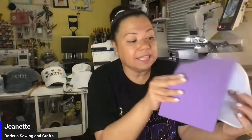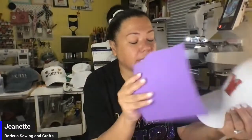In 3D puff embroidery, the way that it is designed is the length of the thread. What they do is the stitch has enough room so that when you lay this down and the machine starts to stitch on top of this, there is enough room in that stitch length to accommodate the foam. Okay, so if you were to do this on an ordinary stitch file, I have heard that some people come out and say,